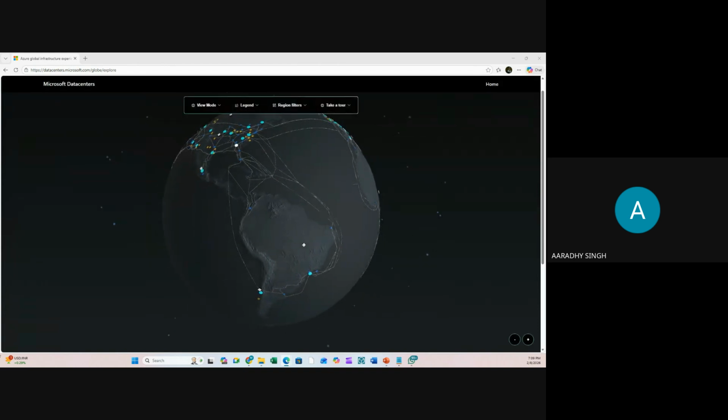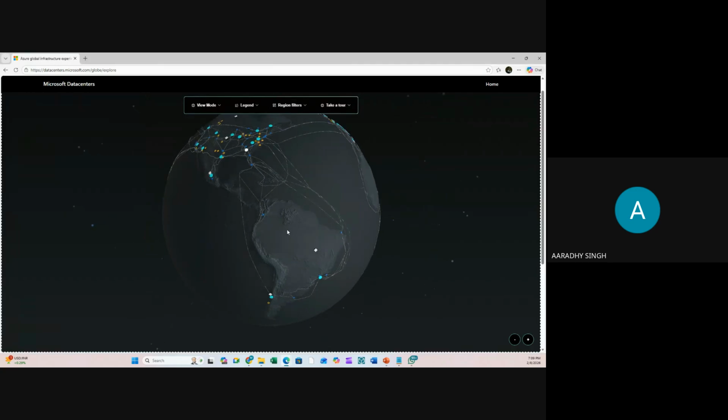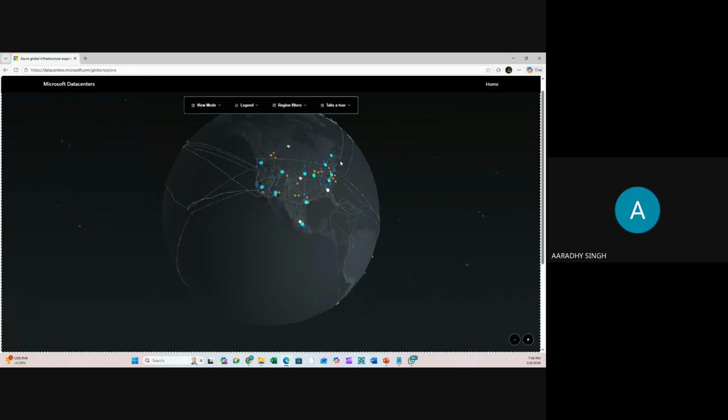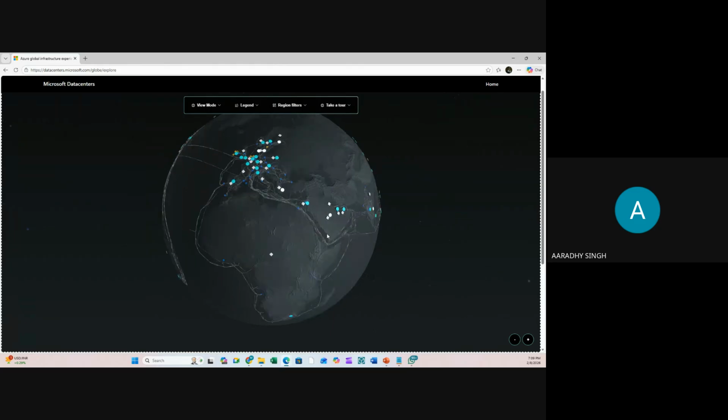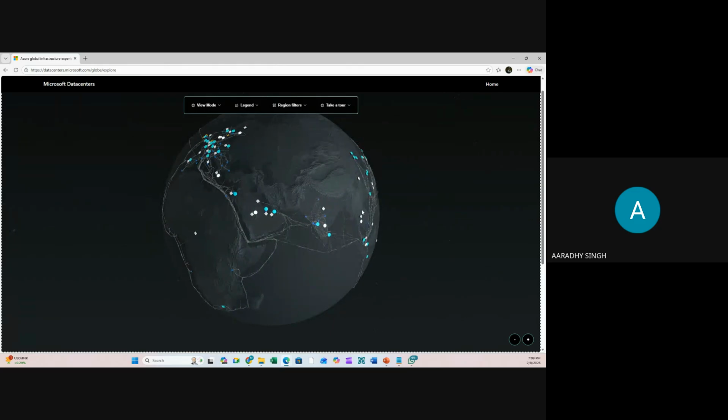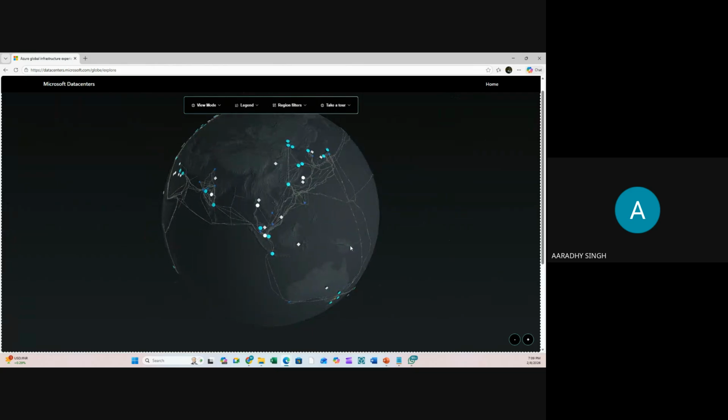For example, Africa, you see here, is one geographic location. Gulf is another geographic location. America is one geographic location. Europe is a third geographic location. South America, North America, India, China, Russia, Australia. A geographic location means a combination.